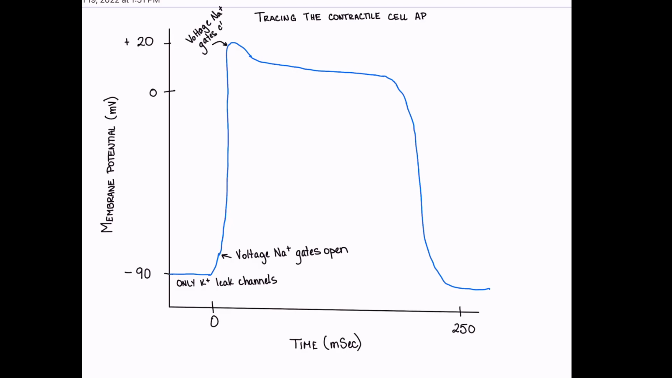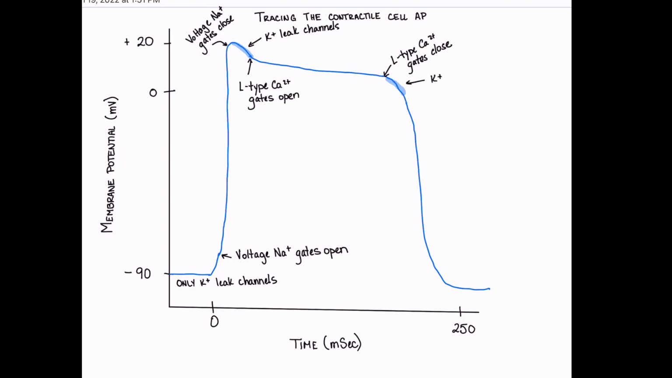And at that point, really there's no voltage-sensitive gates open. The only ions that are moving are potassium, and they're only moving through the leak channels. This causes a slight repolarization. But then the L-type calcium gates finally open, and we get our plateau phase, where calcium influx is balanced by potassium efflux. Once the L-type calcium gates close, then the membrane potential continues its drift downwards towards rest through the